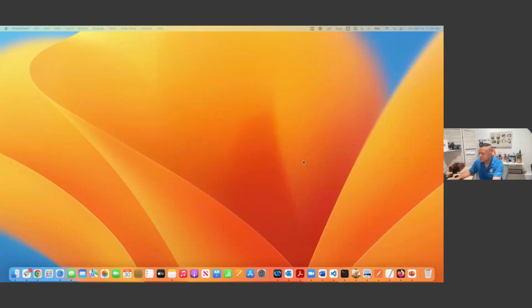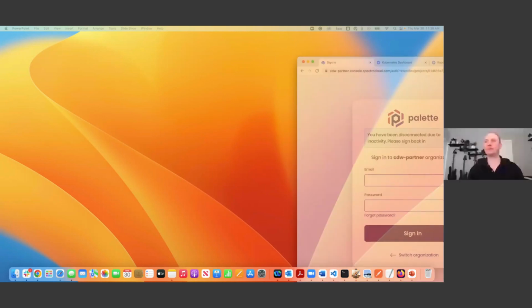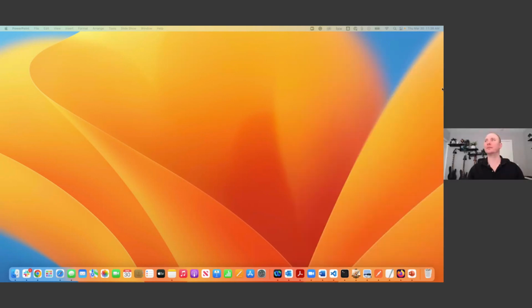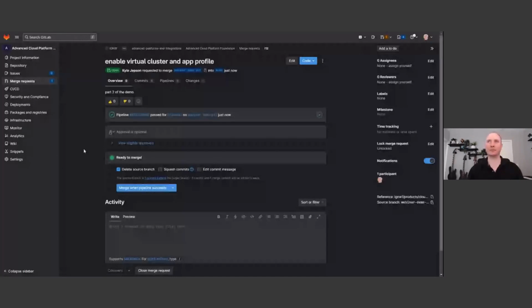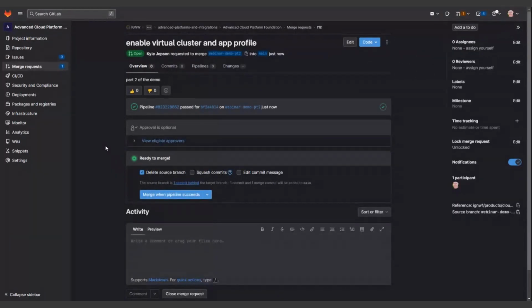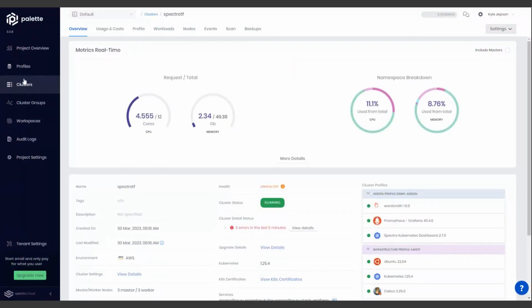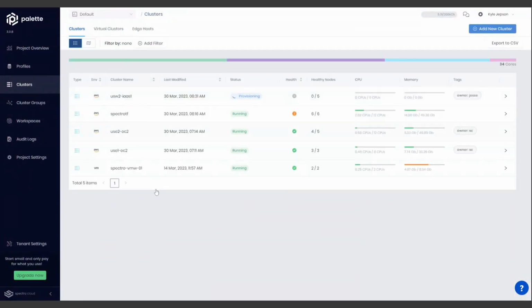Yeah, absolutely. Let me take over the screen here real quick. All right, so we've got another merge request that's set up with a few different changes that we've made from the code in the repository here. Go back to the clusters. Are you sharing the screen? Sorry. I am. Okay, good. Can you see my screen? I can, yeah. User error, sorry.